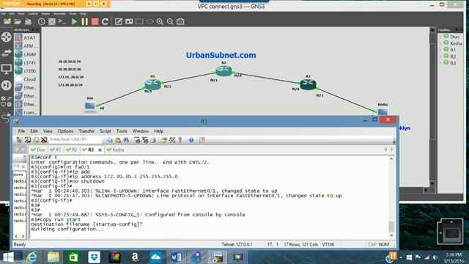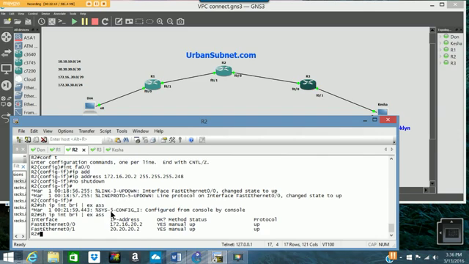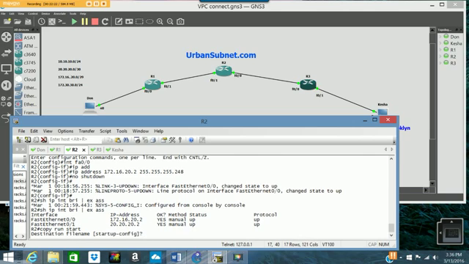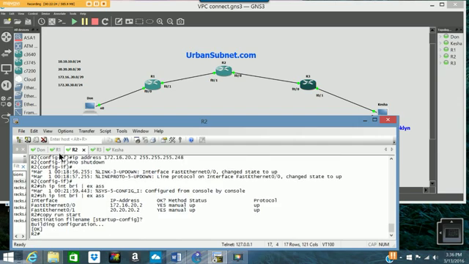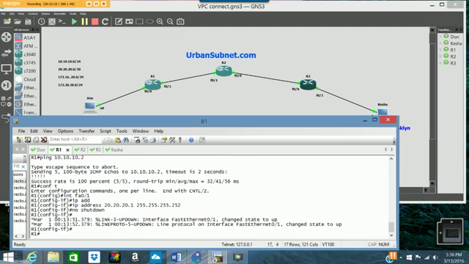You see that there. So it's going to build the configuration and save it for us, and we're going to do the same thing here. Copy run start. Same thing there. And over here on router number 1,